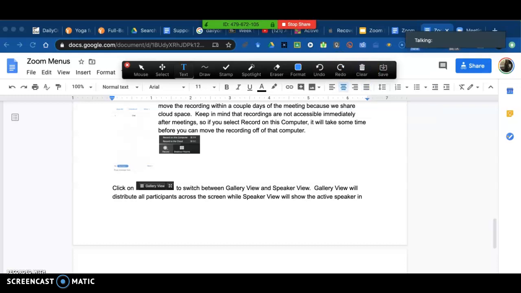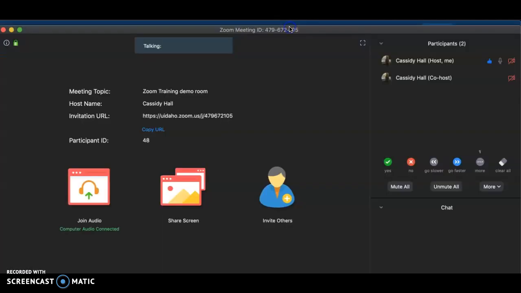Hopefully it's going to let me. And I'm just going to go into stop sharing the screen. Okay, so just a side note, if you are wanting to share more than one camera, you can do that. Okay, if you are going to do that, you need to remember that that is a share screen option as